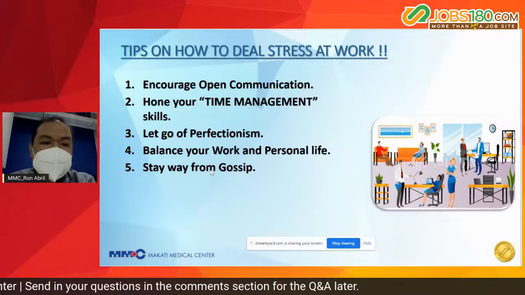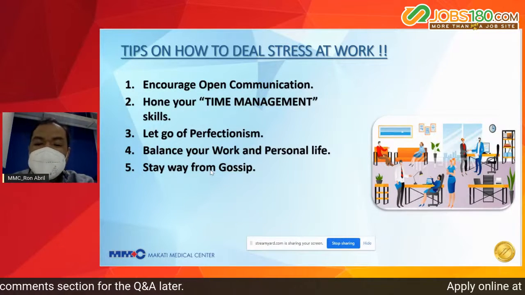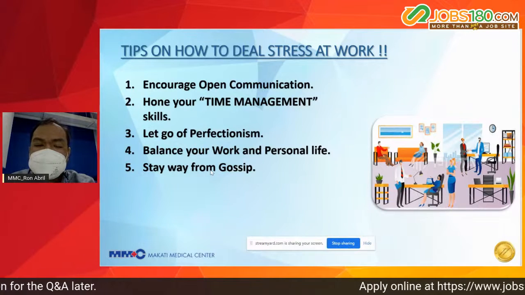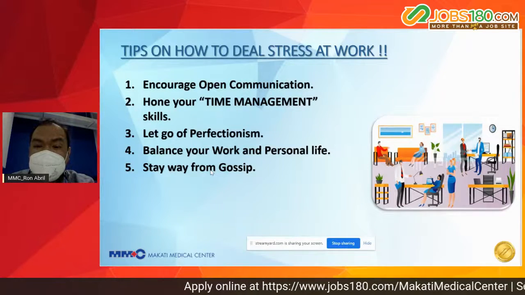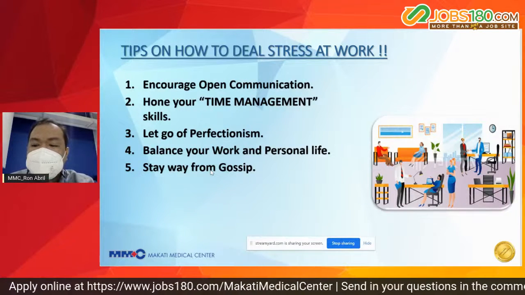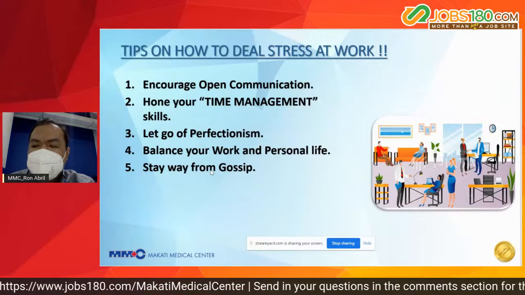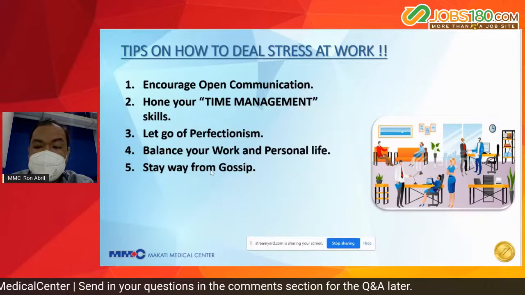Yan. So number 5, stay away from gossip. Kung alam mo na na isa sa mga ka-office mate mo marites talaga siya, hindi niya maiwasang magkalat ng mga chismis, so learn to find a way to spend less time with them, and also learn to filter kung ano